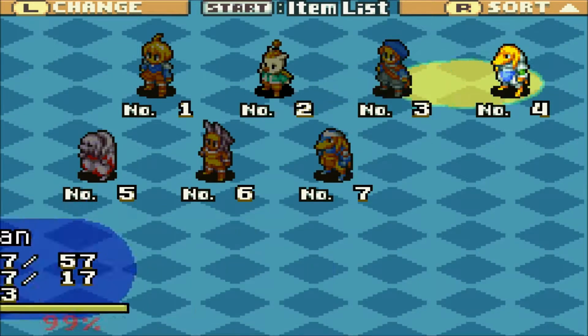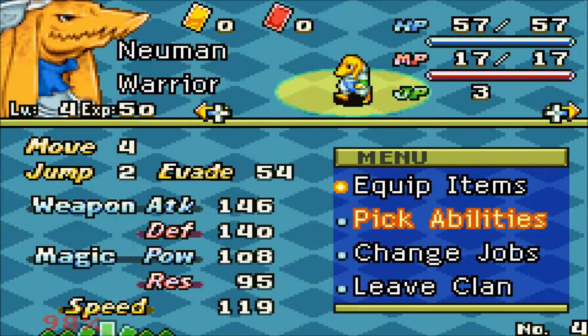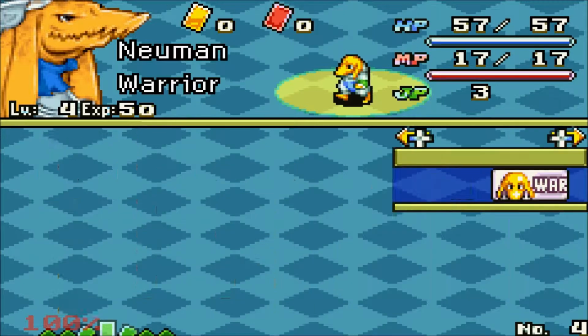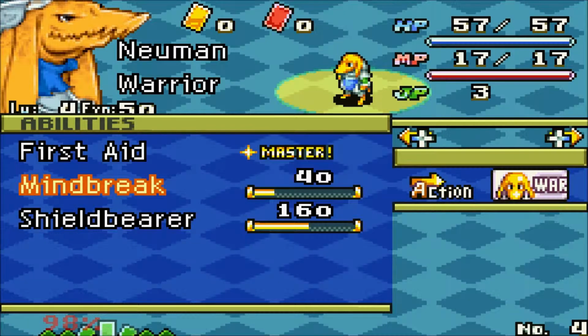Newman has caught up to Marius. He's actually exceeded him in level. That's pretty good. So, let's see how he's doing in terms of abilities. Once he's mastered Mind Break...